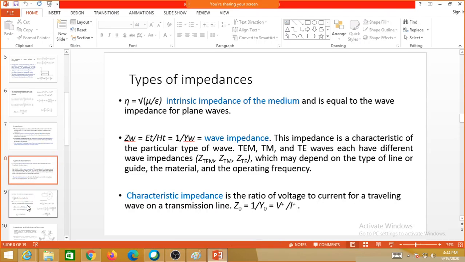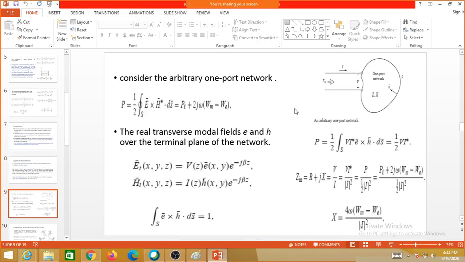Okay, so now coming to the one port, how can we define the equivalent voltage and current, or define them in terms of the electric and magnetic fields? Consider this one port network with an electric and magnetic field. This is the unit vector directed into the volume or surface we are taking, and this is the input impedance looking from the port into the network.